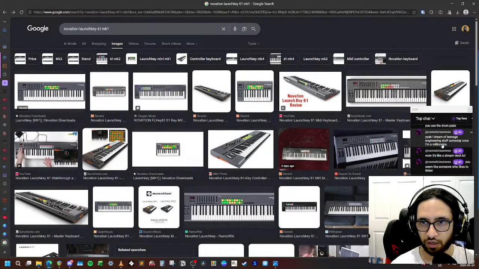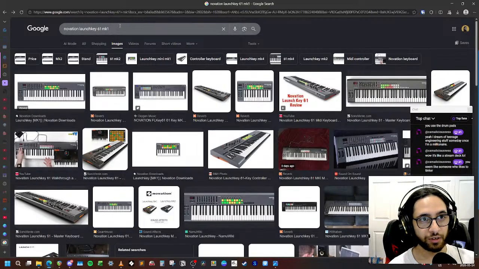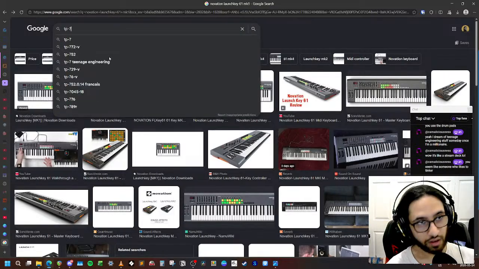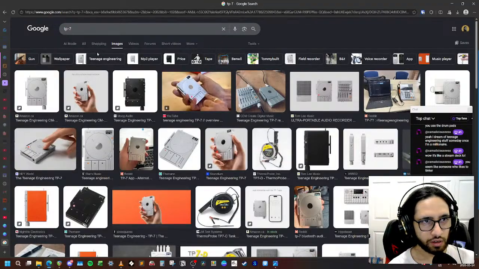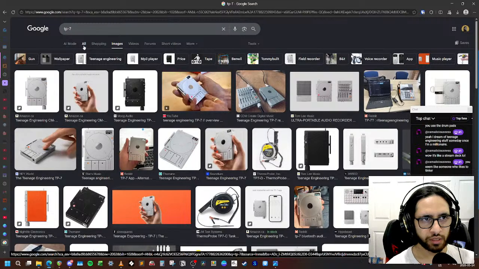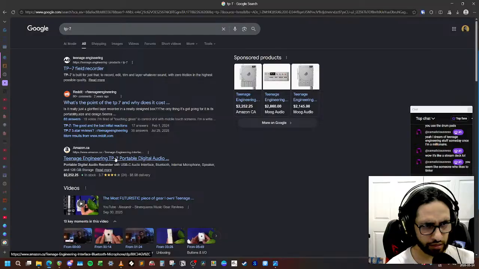I dream of teenage engineering stuff someday. Yeah, dude, teenage engineering. I was looking at, I think it's the TP7. Yeah, TP7. And I was like, oh, okay, it's some kind of mixer or maybe a cassette player or something. And then I looked up the price.